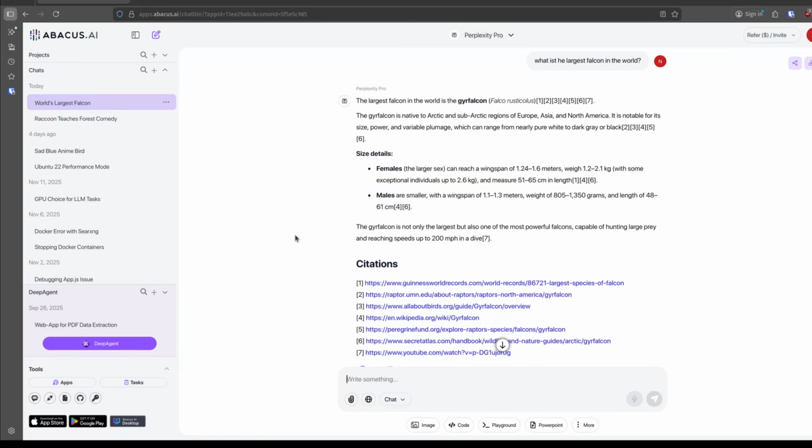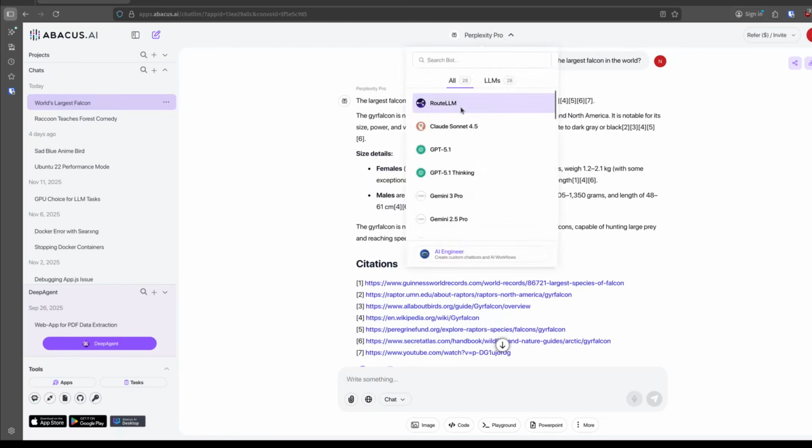So I honestly can't think of anything else I don't particularly like about ChatLLM. Really, the only thing is when I used up my credits early in the month and then it would kick me over to Route LLM. For the record, I don't like the Route LLM thing. It's a conceptual issue for me. It doesn't really have anything to do with the implementation of it. The implementation of it's probably fine. I just don't like LLMs choosing what LLM I should use. I want to be able to pick my LLM, and so that's why it annoyed me when I was using up my credits and it said, we're going to switch you over to Route LLM so you don't go over. I didn't want it to do that.